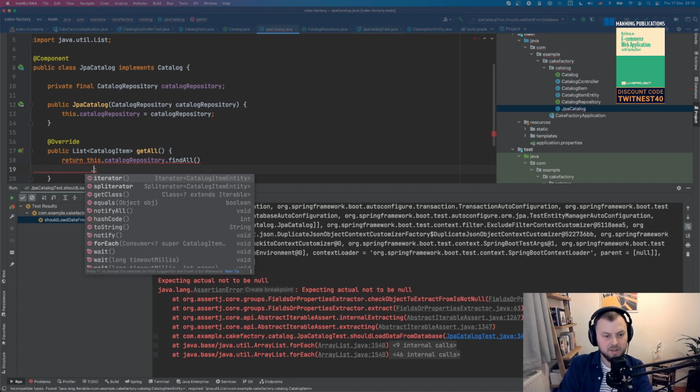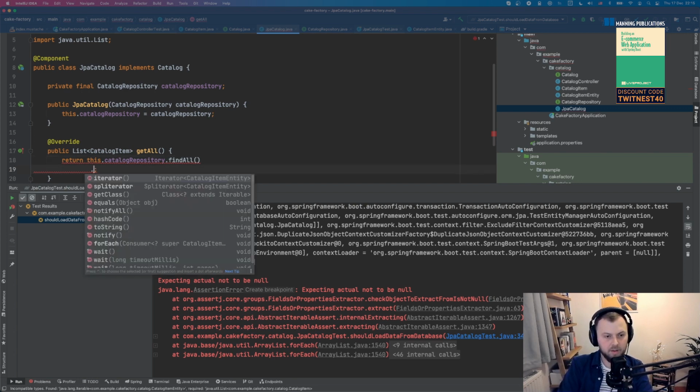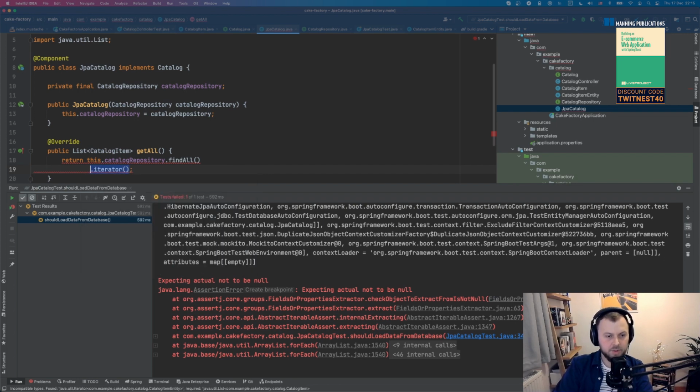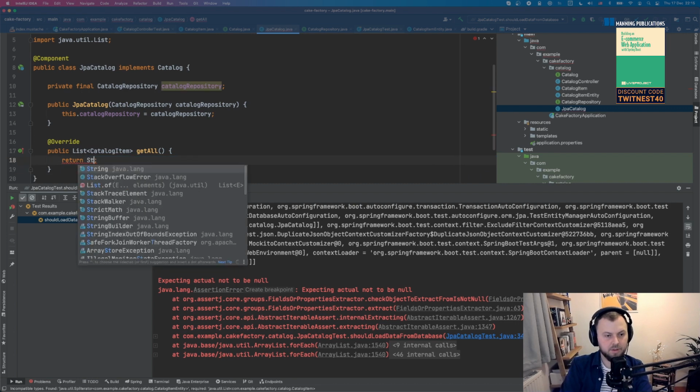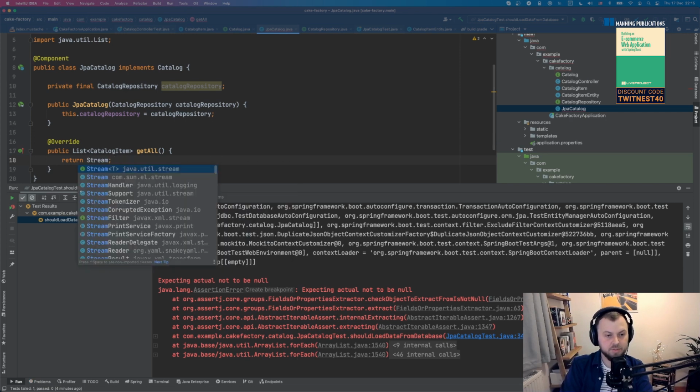So in my case, let's say I've got all the information from the database, right? So I now need to convert it into my business entities, and I'm going to be using StreamUtils, I think it's called. Yes. No, it's not StreamUtils. It's StreamSupport. Yeah, that's it.